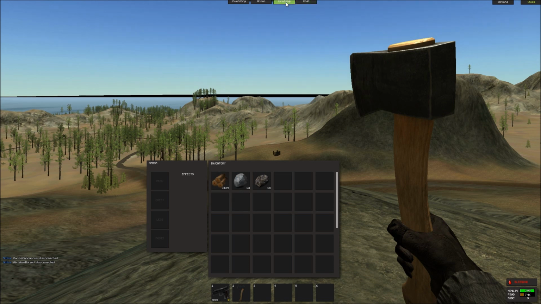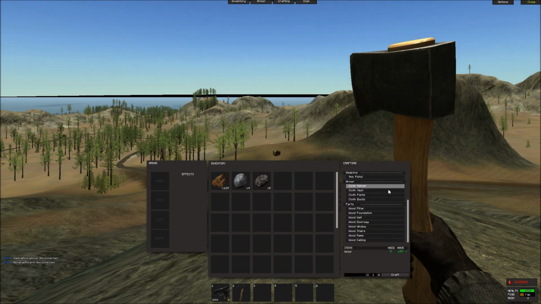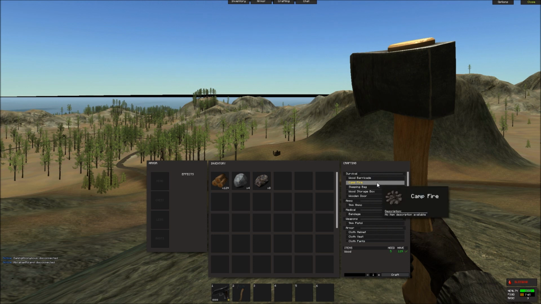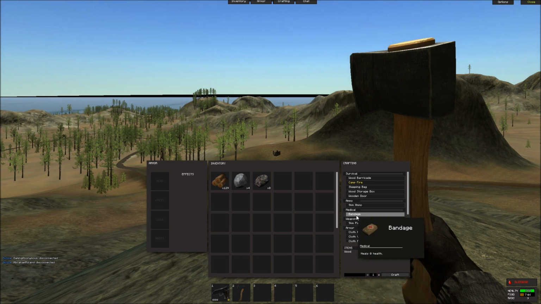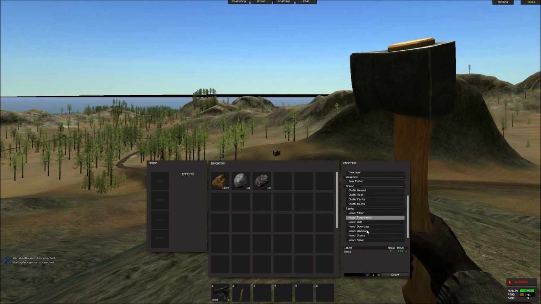The way it's going to work here is there's a crafting system. You're going to notice I've got a bunch of my base crafting capabilities here on the right hand side. So under survival I can build things like wooden barricades, campfires, sleeping bags, storage containers, and a door. I can also craft ammunition for a 9mm as well as a 9mm pistol. I can make bandages to heal myself up, and then we've got some basic armor and then parts for constructing